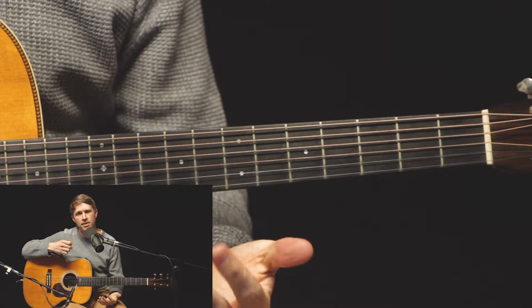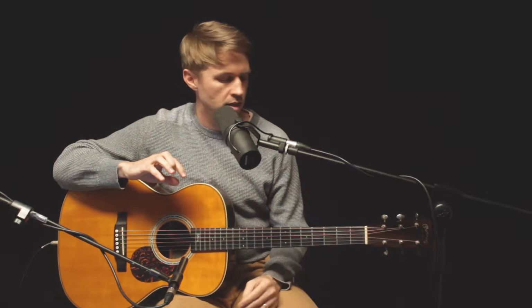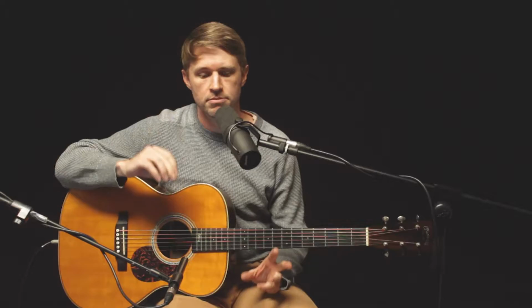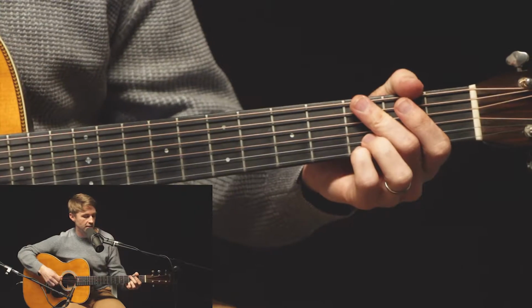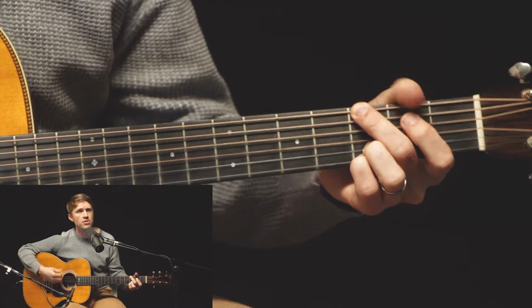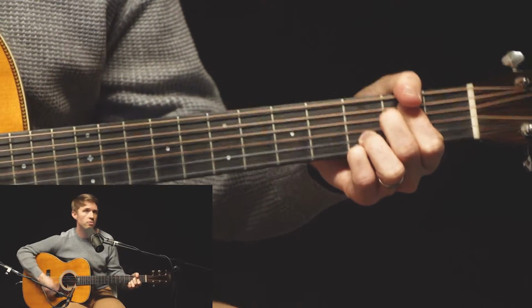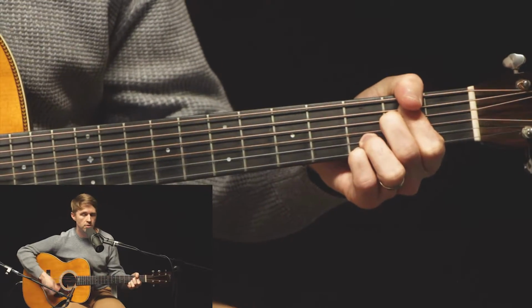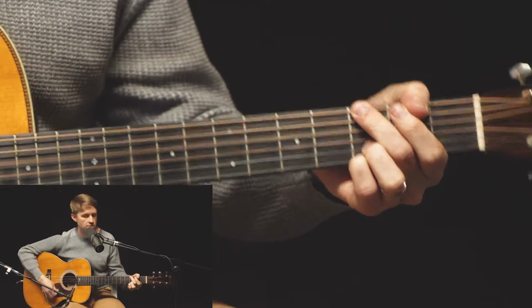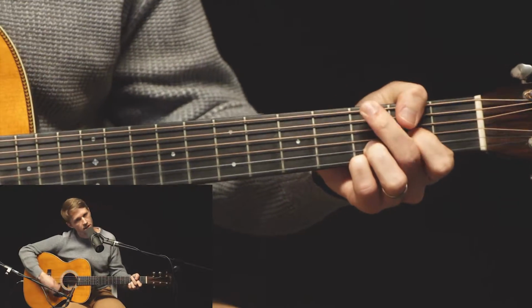So that's one way to play it. Just note that the 5 and the 4 are passing notes, okay? And so you play them quite quickly. If you had to count on the bar, it would be on the 4th beat of each bar. So it would sound like this. 4, 1, 2, 3, 4, 1, 2, 3, 4, 1, 2, 3, 4. Change,